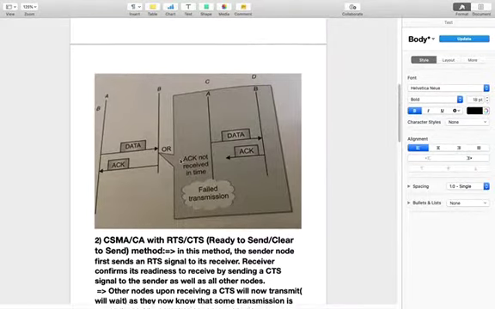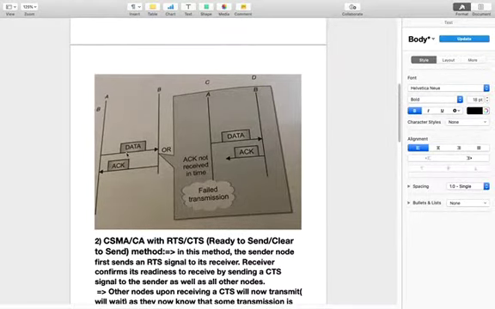So here A wants to send data to B and B sends the acknowledgement. In the same pattern, if B does not send the acknowledgement, then our transaction has failed. So here, A sends data to B and B is not sending the acknowledgement to A, which means our transaction has failed.